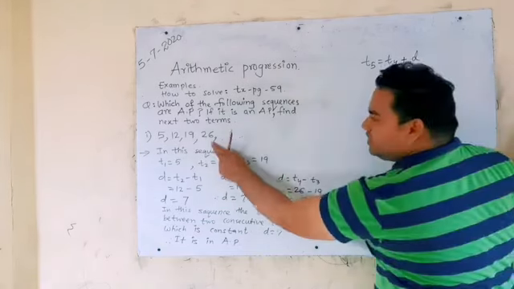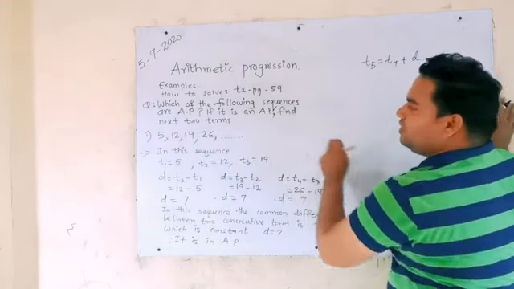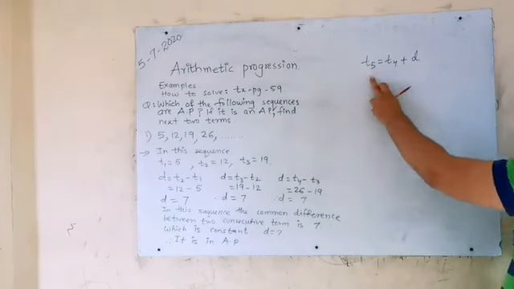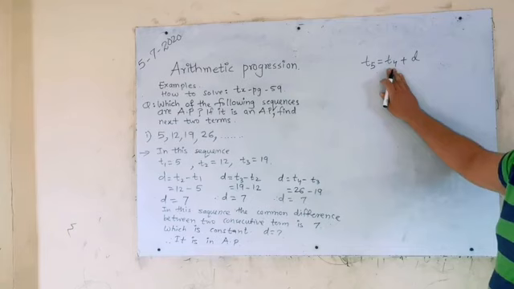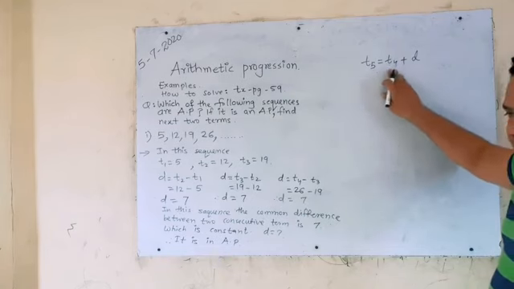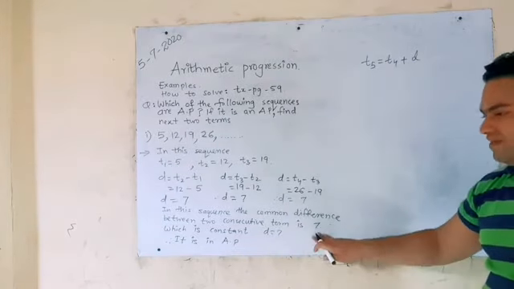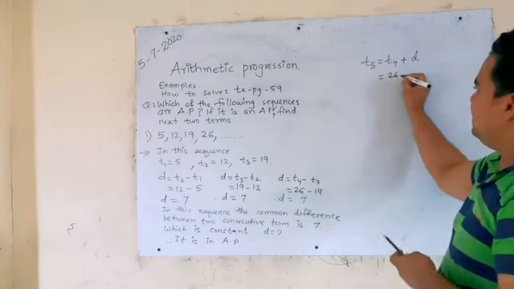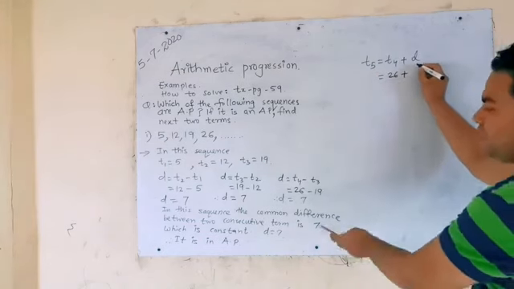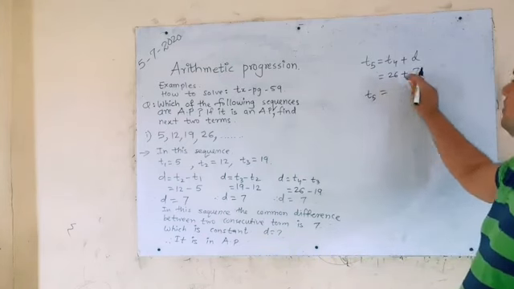How many terms had been given to you? Term 1, term 2, term 3, term 4. Now you have to find term 5 and term 6. So how will you find term 5? Term 4 you know, and you know the common difference as well, which is constant. So to term 4 you will add the difference, that is 7. Term 4 is 26 plus the difference, that is 7. So what will be your term 5 now?